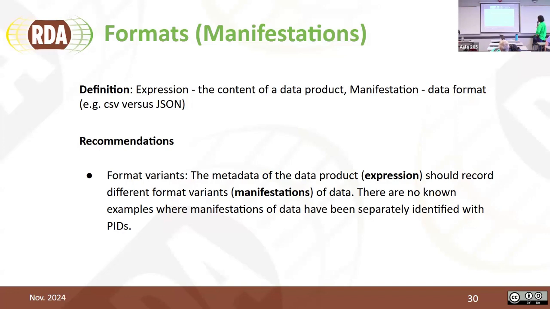But there are no known examples here. We haven't encountered any examples where a manifestation of data has been separately identified with a PID.